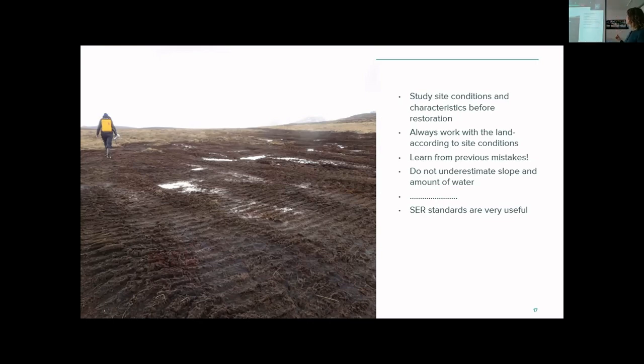Always work with the land according to site conditions. And learn from previous mistakes. Don't just keep on doing the same ones. And we are still learning not to underestimate the slope, because it seems to be quite flat and then it's steep and everything goes wrong. And also the amount of water during autumn and spring, because usually we are studying the sites during the summer. And we are also trying to...